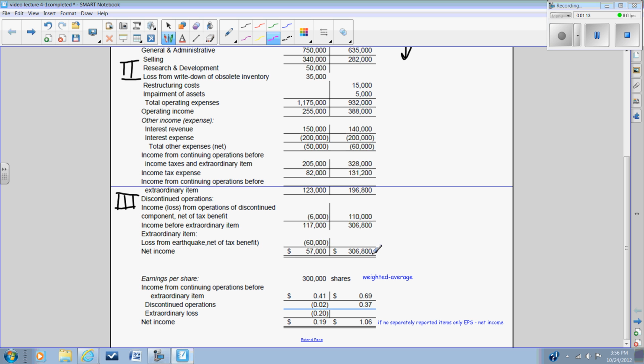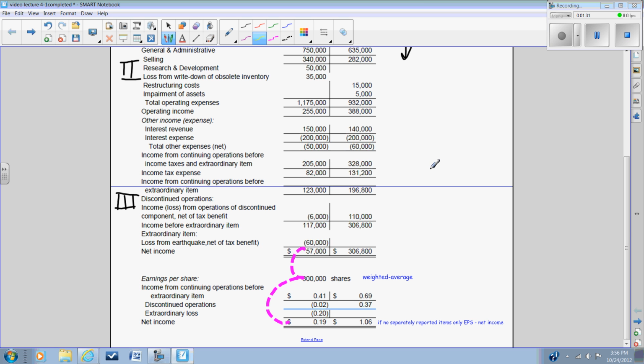So we take the net income, we divide that by the number of shares that are outstanding, and that gives us our earnings per share